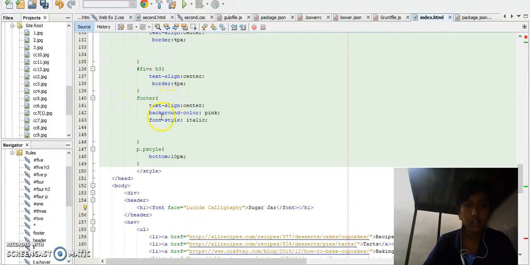Next is the footer. The text is aligned to the center. It comes below the divisions 4 and 5. The background color is given as pink and the font style is italic. When I run this code,